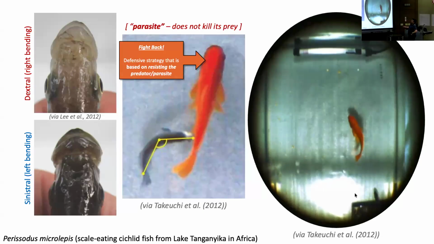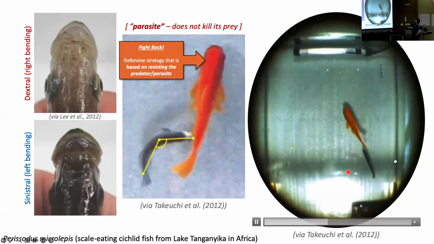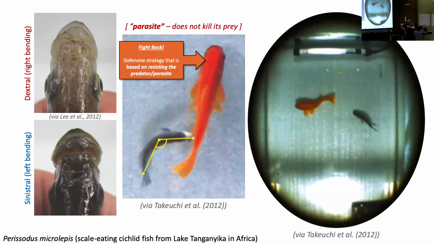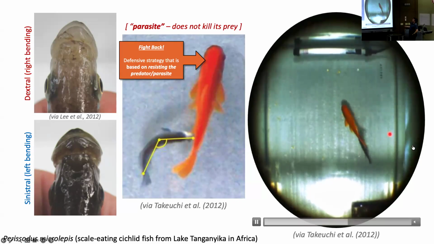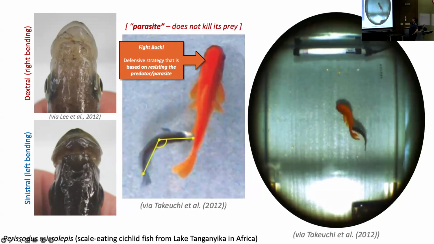So here's an example. There's this slow speed video of this cichlid coming in, and it is going to lean over and grab that scale. It uses its left leaning mouth to eat the scale off of this other fish. And that other fish responds by tilting a certain way and trying to run off that way. So